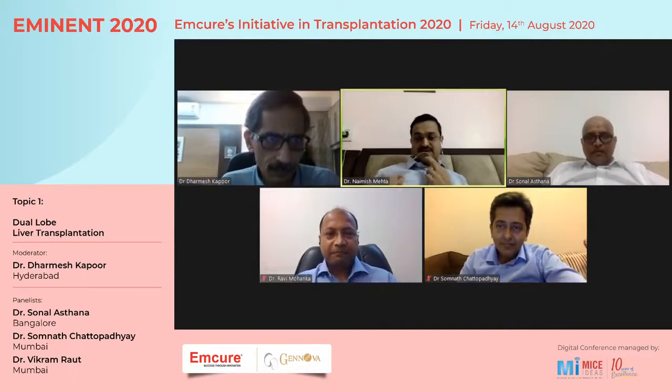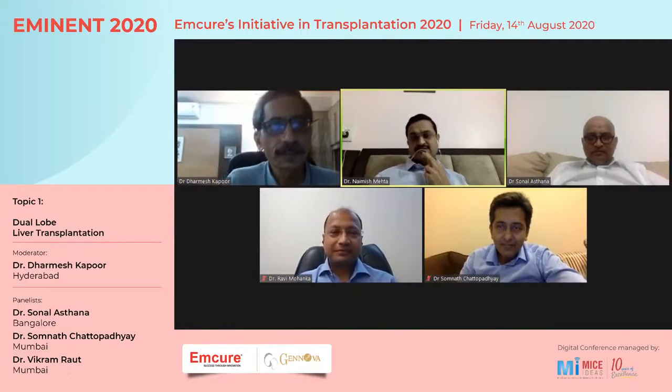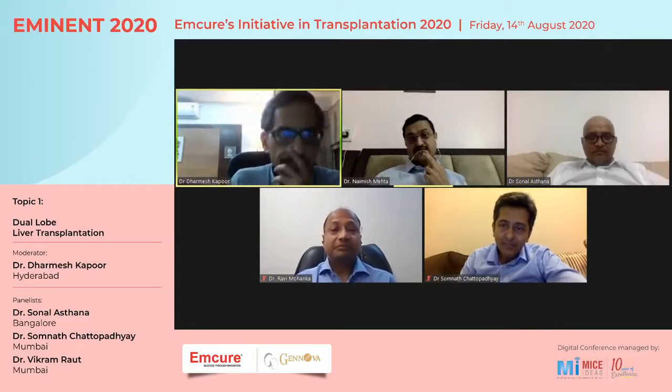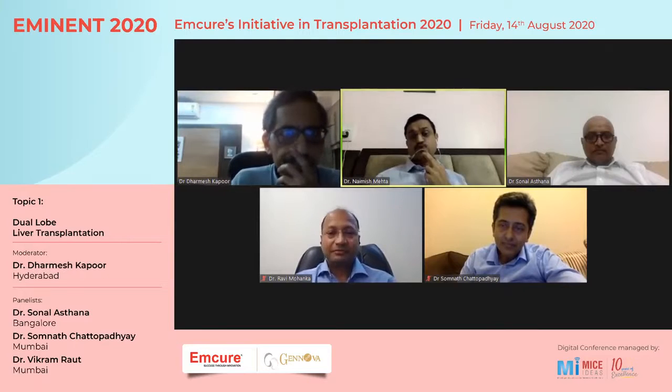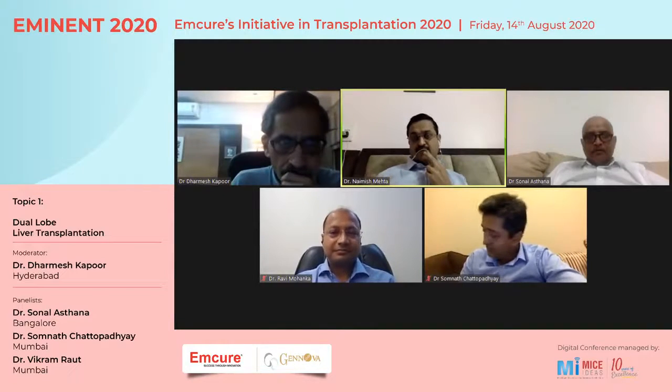Again, that question should be asked to Asan Center. But what I analyzed from the data which they have shown, the 400 transplants they have done, which is about 11% of the living donor transplants, is dual lobe. 11% is a huge number if you look at the total volume of living donor transplants they are doing. The second point is, as I agree with you, they probably clamp the full cava and they prefer doing a simultaneous reperfusion. We can do a sequential. So what we did is, in the first one, we clamped the full cava, and then did the reperfusion.